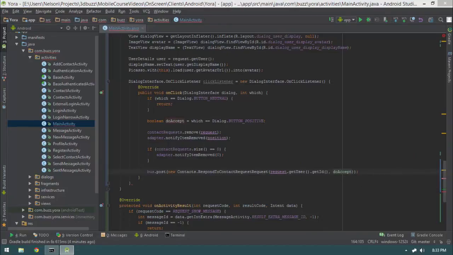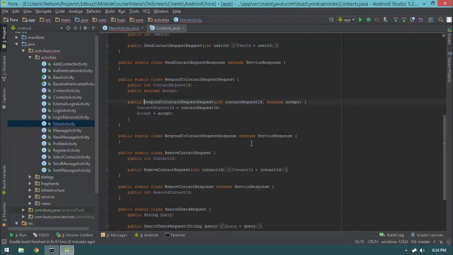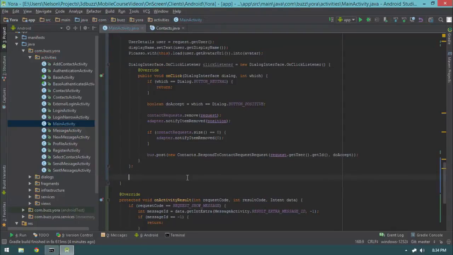And that's going to be pretty much it as far as our respond to contact request. I do want to point out though that I should come in here, I should control click on here, and oh, that's fine. Contact request ID, I suppose, is fine for that parameter name. All right, so now that we've done that, make sure to terminate that last curly, and then we'll create our